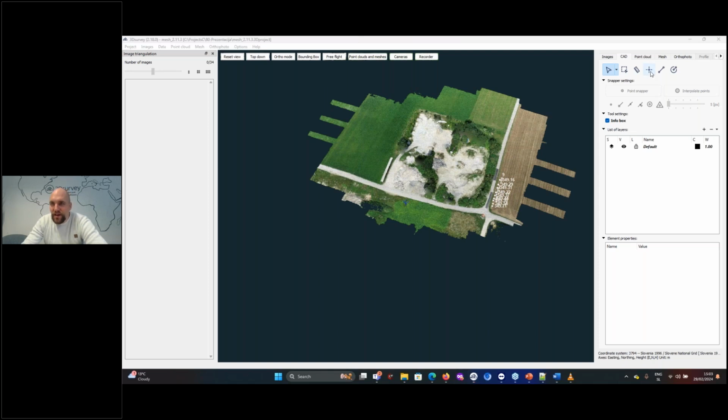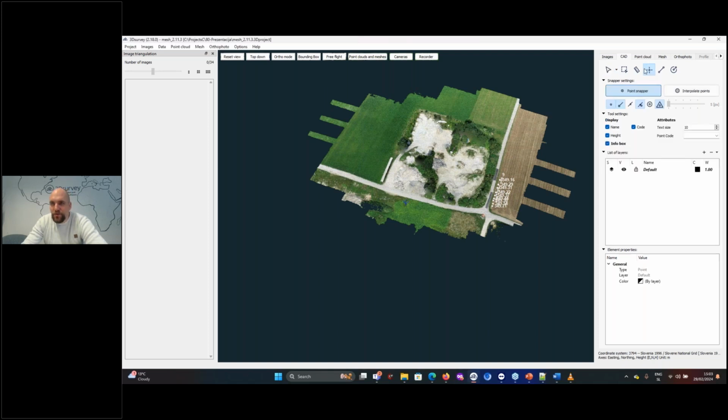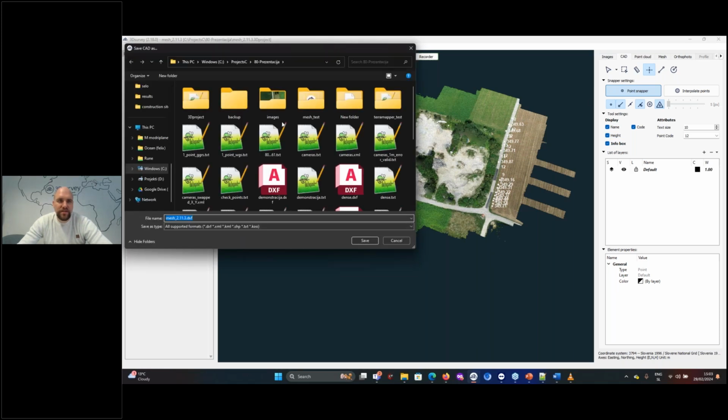Okay, very good. Just one thing to show. So here, when we create points in 3Dsurvey, we also have the ability to add some code to it. So I'm not sure if that's helpful, but this code can be a word or it can be a number. So sometimes maybe code 12 will mean, for example, the edge of the road. So I'm not clicking very accurately now. So when we go now data, save CAD as, and we save these points into a TXT format, for example.